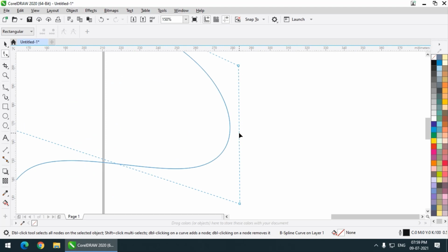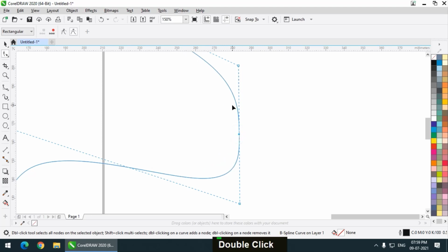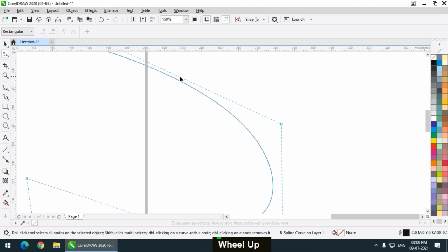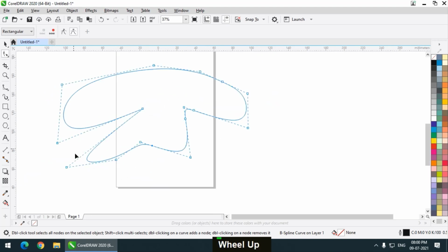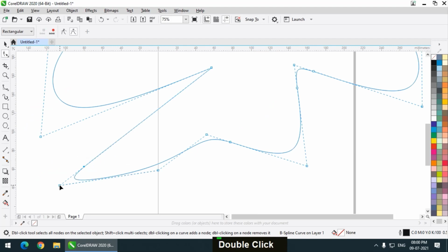Let's say I want to create a point or a node over here, then I have to double click on this dotted structure, then the point will be created and the outline will stick to the structure, meaning it will get clamped just like this. And if I delete the same point, then it will again float like this. Whenever I add a point, it will clamp to that point, just like this. And if I delete this point, then it will again float further, just like this.